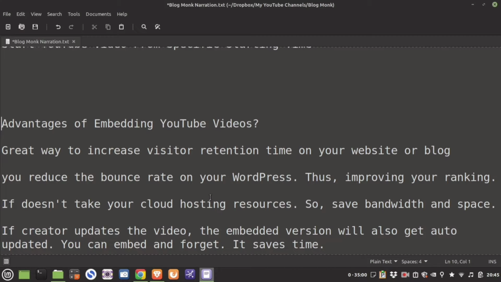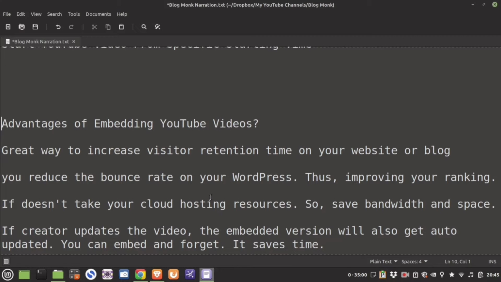And YouTube is great because YouTube has the ability to host as large a video as you want, and also handle the number of users you can send to it. Plus, if you're using a CDN, in that case, embedding the video is going to save money because the bandwidth is not going to get used from your CDN, but rather from YouTube.